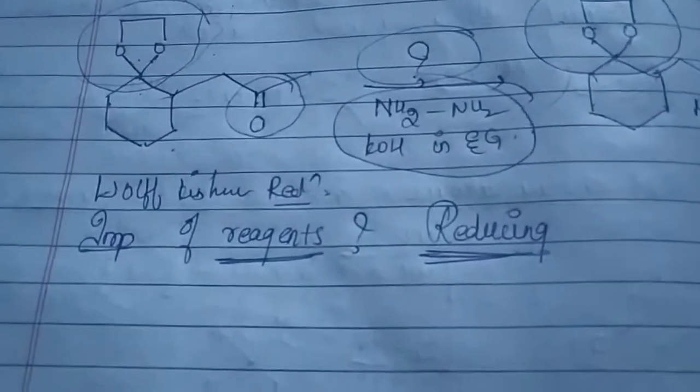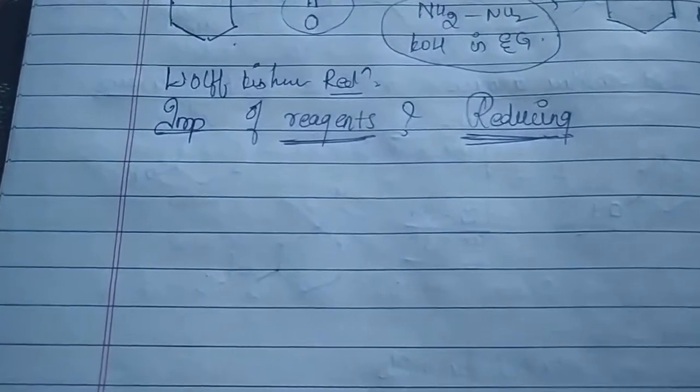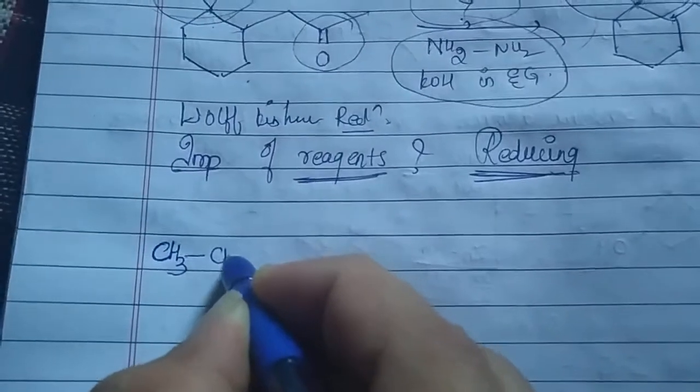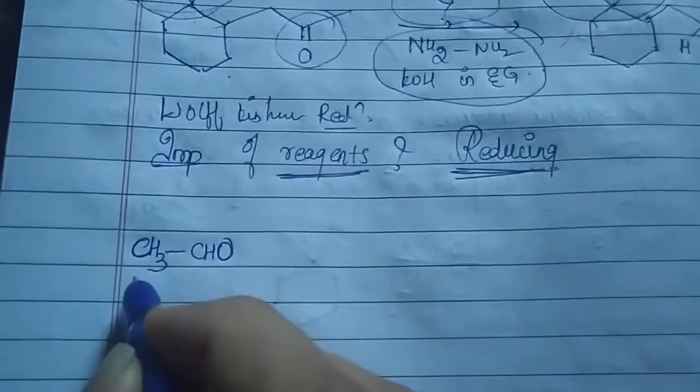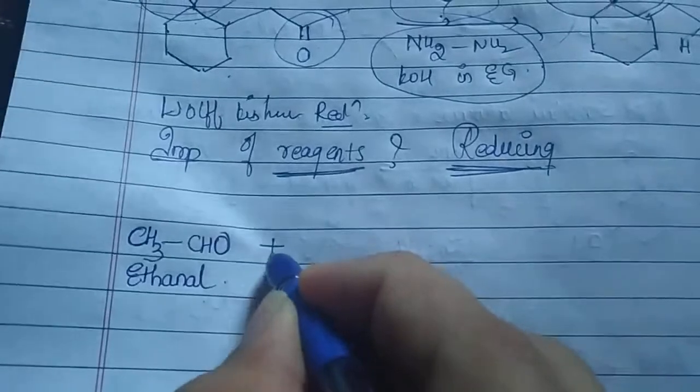You'll come to know if I give certain important examples. I'm using the concept we studied earlier with respect to the preparation of alcohols from carbonyl compounds. I repeat, whatever reaction I'm going to give you is from the preparation of alcohols from carbonyl compounds. Note how important the reagents are to derive a particular type of product. If I have CH3CHO, what is it called? Ethanal.